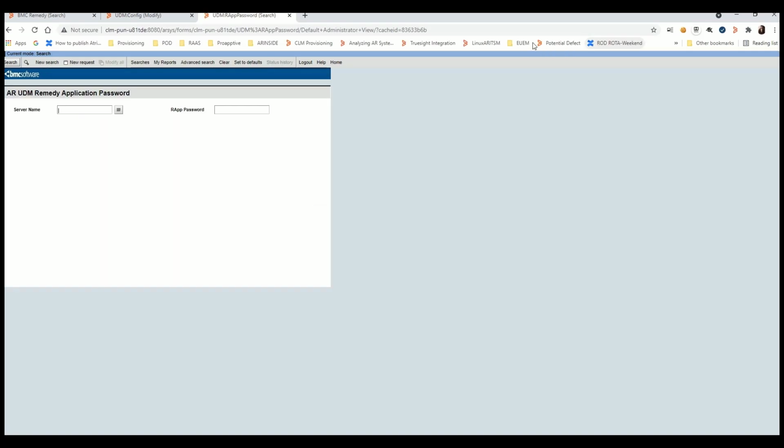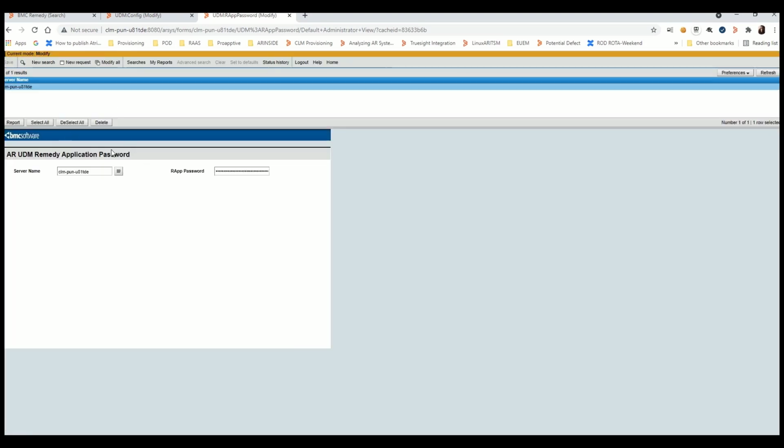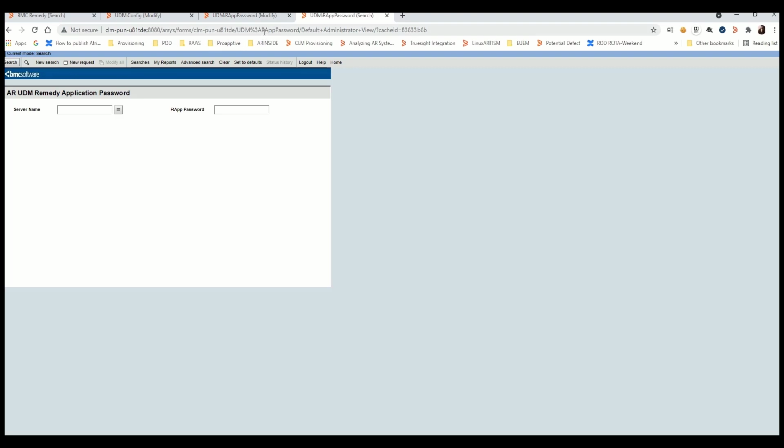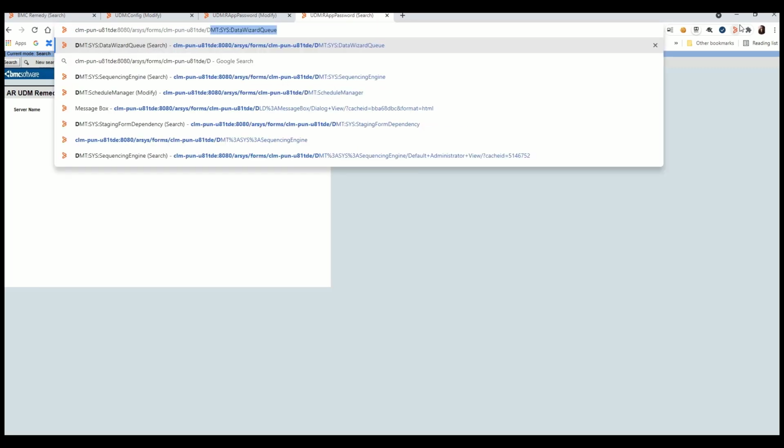Let's go to another form. RF password. This form stores the Remedy application service credentials for AR server to communicate with the Carte server. One other form that we looked at